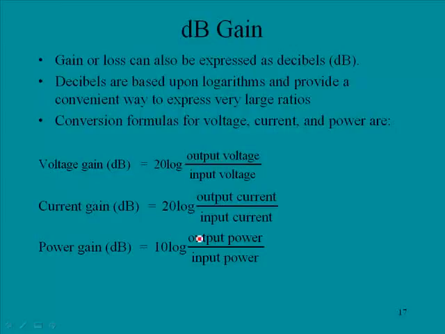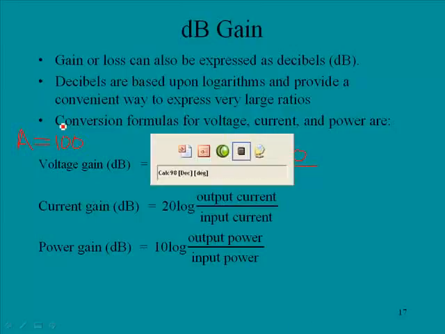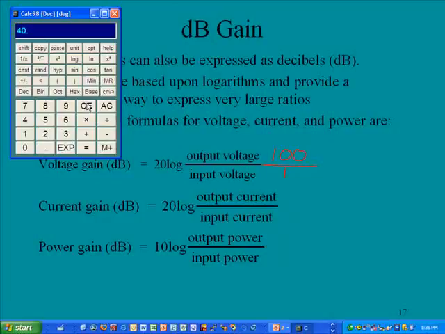And let's just do some examples here. Let's pretend that our output voltage, and we'll just use very round numbers for ease, the output voltage is 100. The input voltage is 1. So if we were evaluating gain, we'd say the amplification was the output is 100 times larger than the input. Now, to look at the gain in decibels, we will need to bring out our calculator,